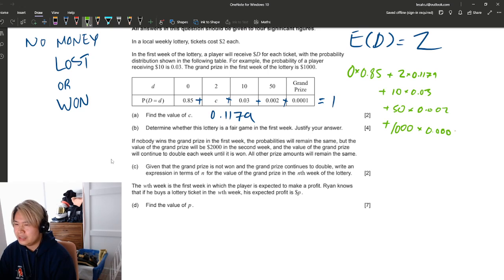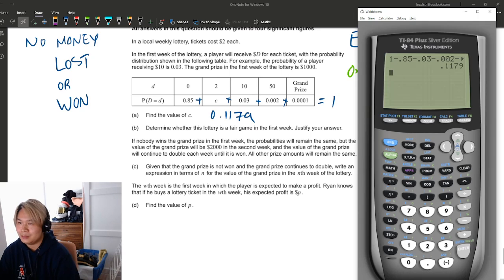That's so stupid. Why would they do that? Why would they say grand prize and not just say $1,000 here? That's just gonna stress you out because you're gonna see how much is this, and then you'd have to force yourself to read this. I mean, I guess you should be reading it in the first place, but